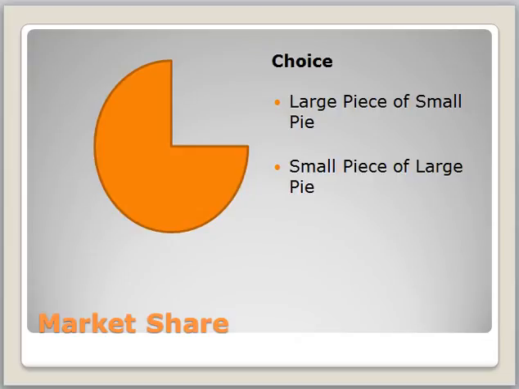By which we mean a small piece of a large pie would be anybody who maybe is looking for weight loss. That is a huge pie, which has a huge amount of competitors in it. Or a large piece of a small pie will be that niching, that segmentation. That will be women with PCOS over the age of 50 who are worried about diabetes too as a result of their PCOS. That is a much, much smaller market, but if the competition is limited, you can look to getting a larger piece of that marketplace.